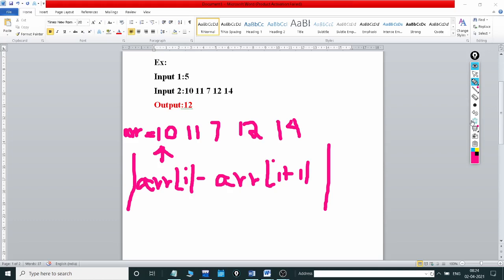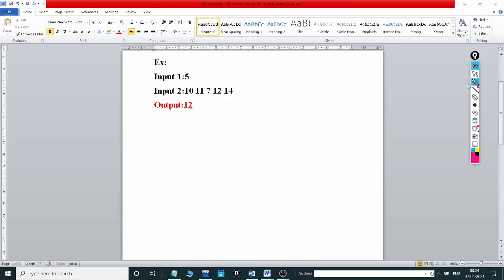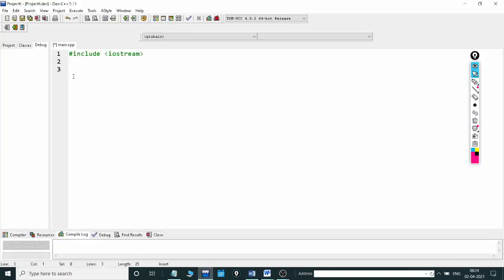Okay guys, let's directly get into the program. This is a C++ program. First of all, I will write the main function. In the main function, first I need to know how many elements are there in the array, so I will take int n.